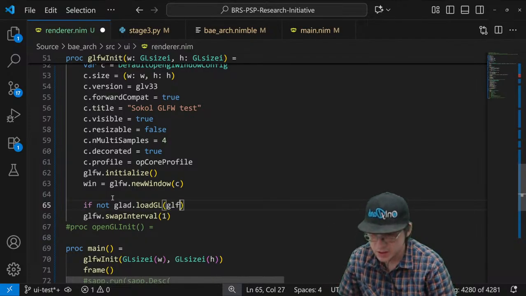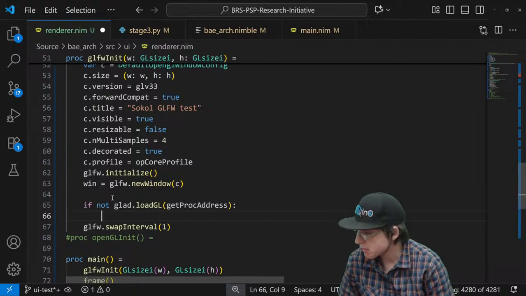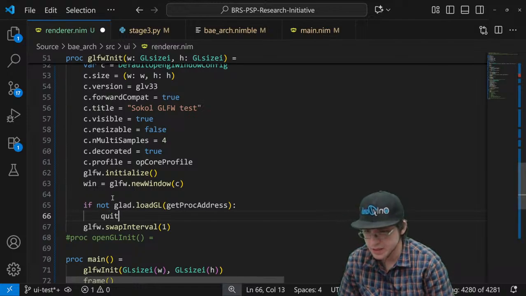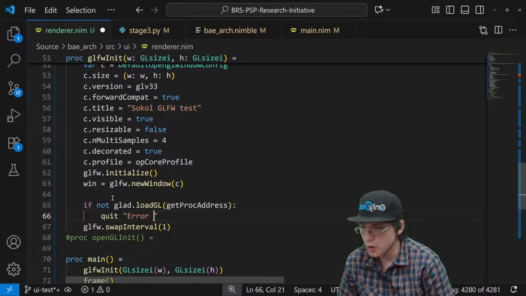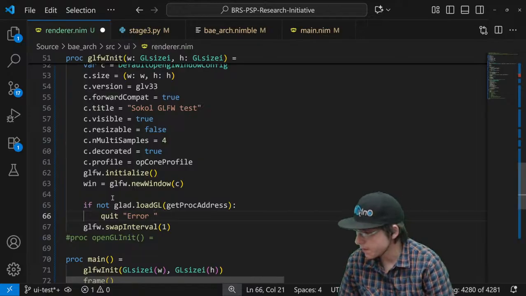Let's go ahead and just do this. You know what? No, I bet that's built into Nim. I'd have to look at that a bit. I'm taking this straight from the so-called Nim examples for GLFW. Well, I'm taking it from that and the current bindings.